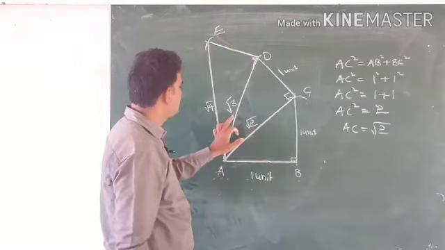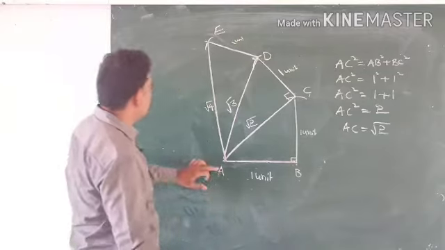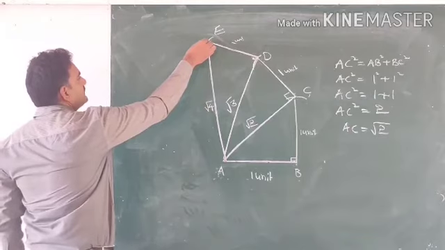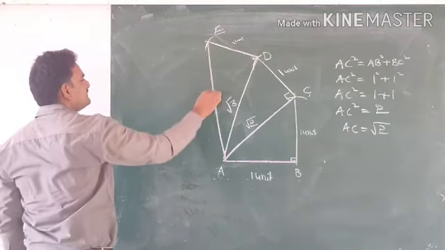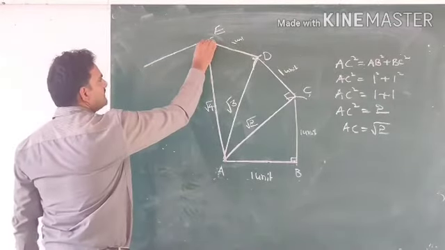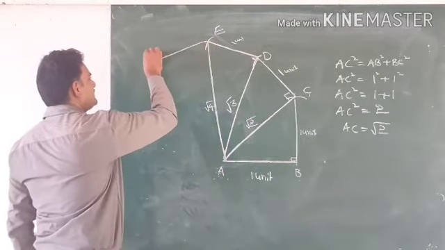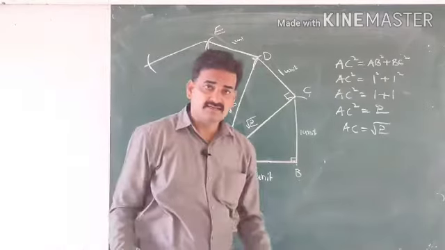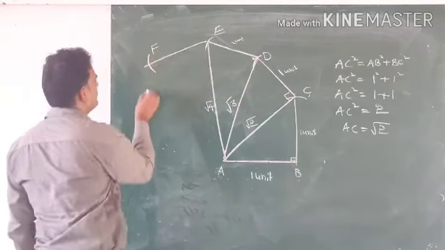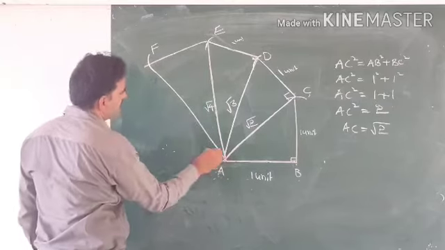This is a base, this is height, height is 1 unit. Now last, AE is the base. By using a protractor, draw 90 degrees and keep the compass needle here, cut 3 centimeters, that is 1 unit. A, B, C, D, E, F, where the arc cuts that line, join to A. This is root 5.